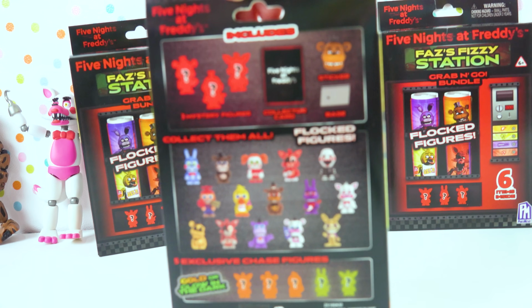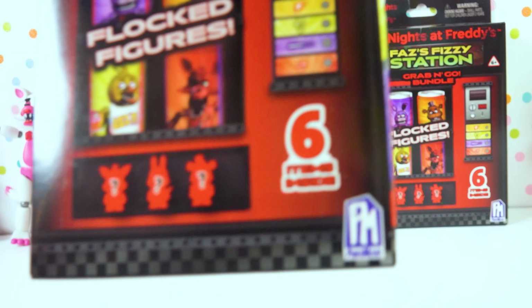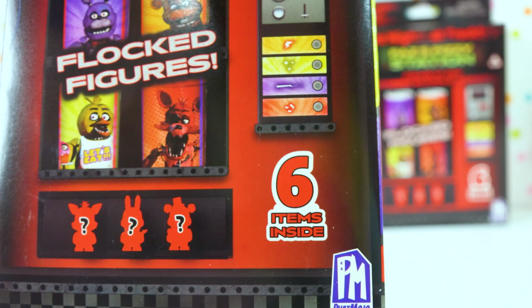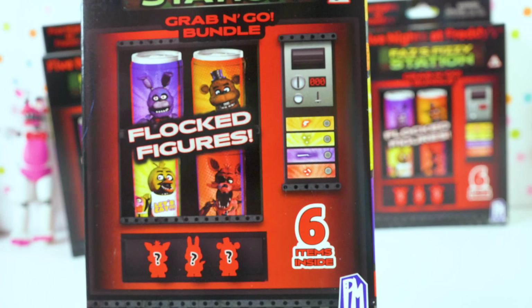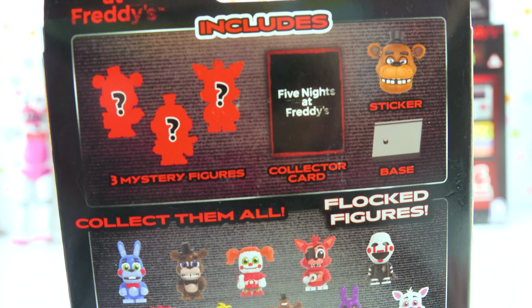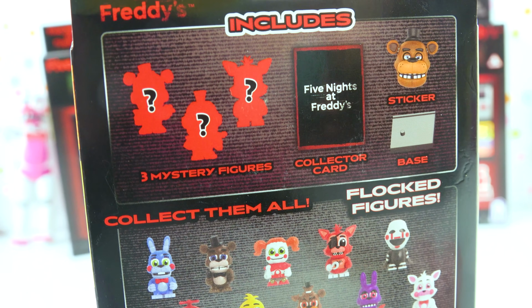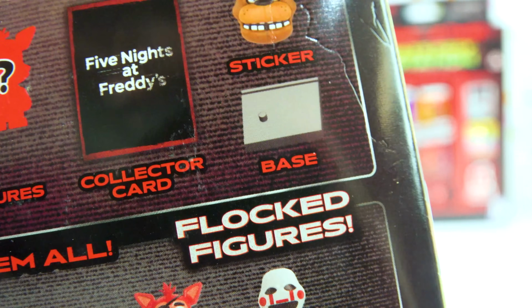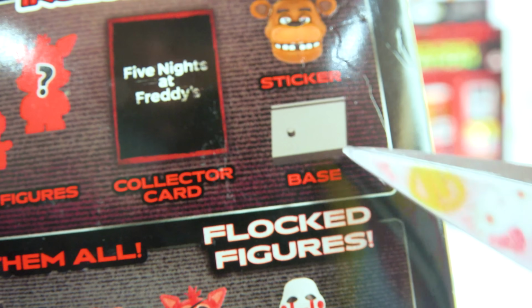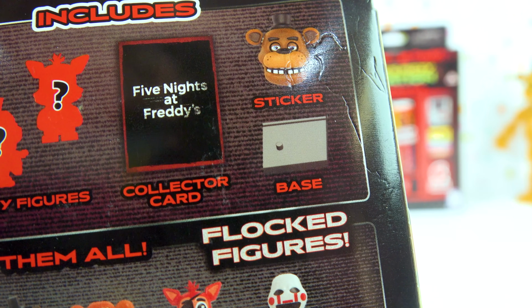I do think it's a little bit misleading because whenever I was first looking at these little vending machines, it does say 6 items inside. I actually thought there would be 6 figures inside, but now that I'm reading the back of the box, yeah, they got me. There's only going to be 3 figures plus 3 additional items on the inside, which, I mean, come on, let's be real here. A base does not count. The stands do not count as an item. So, you know, that's kind of a...